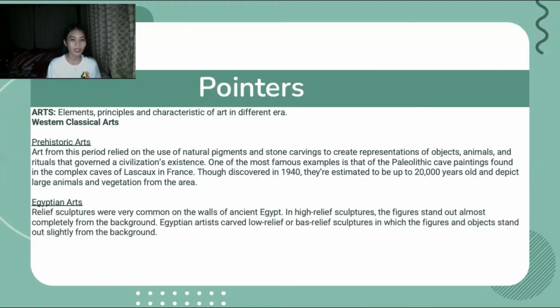Usually, when you watch Egyptian-inspired movies or movies shot in Egypt, you see on the wall a picture or sculpture that sticks out. But it is not actually 3D, it's just 2D. So it is called the high relief sculptures. I mean, high relief is the 3D one, but the low relief is the one that sticks out slightly, which is also called low relief or bas relief sculptures, where the figures of the objects stand out slightly from the background.